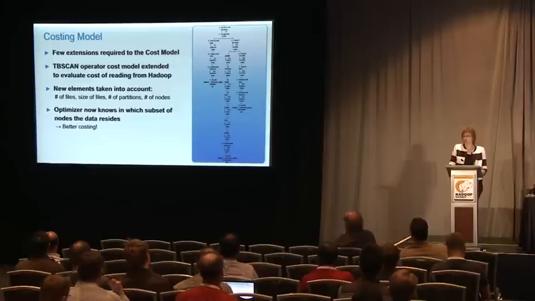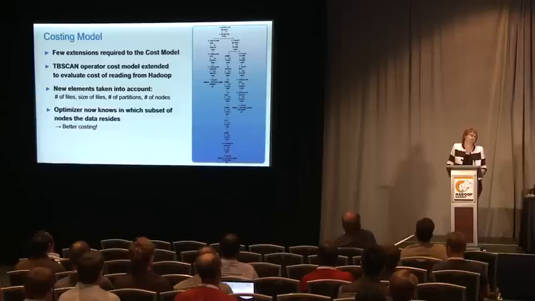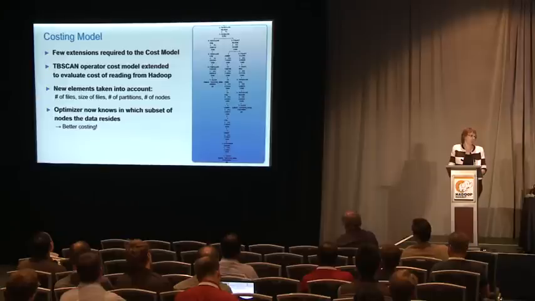And there was a really good question on the meetup: what does the cost model take into account? There are three basic elements, which are the I/O cost, the network cost, and the CPU. Those are the things that we use in order to determine what's the best access plan. Now, one interesting thing is not everything was a challenge. We found some really nice things that Hadoop does for us. In particular, the optimizer knows at optimization time the subset of nodes where the data resides. And that allows us to actually make better costing decisions.